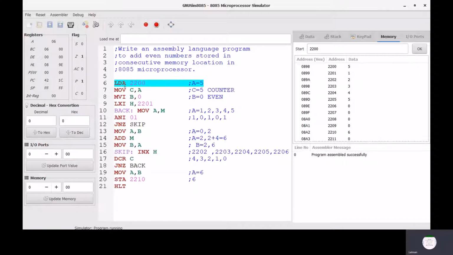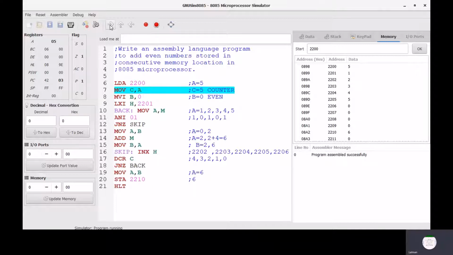After executing the first instruction, the accumulator value becomes 5, meaning we store 5 in the accumulator. Now after executing the next instruction, MOV C, A, we store the value 5 in register C. 5 comes from the accumulator.